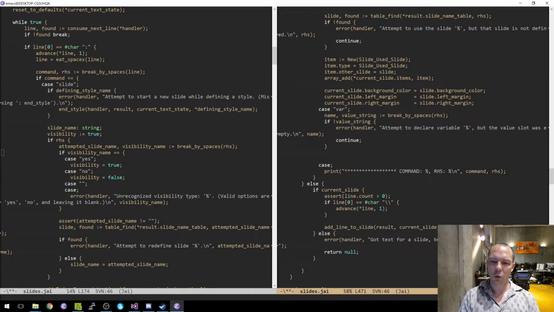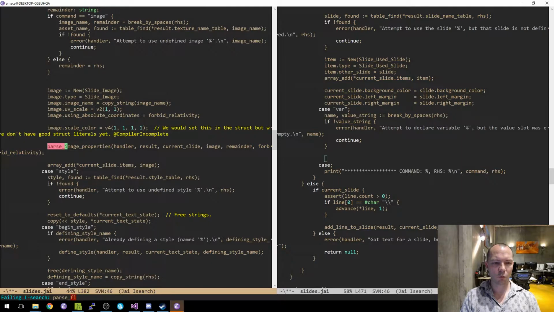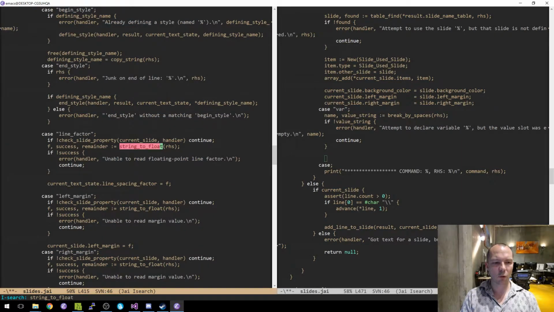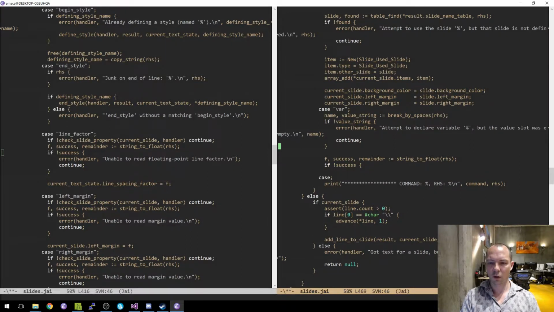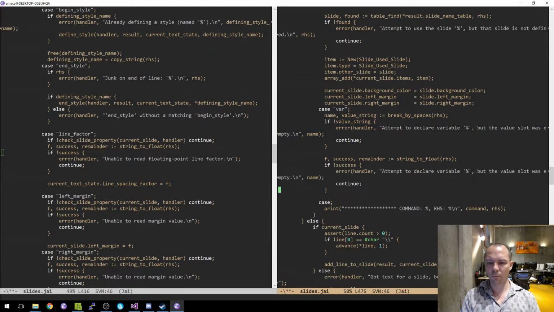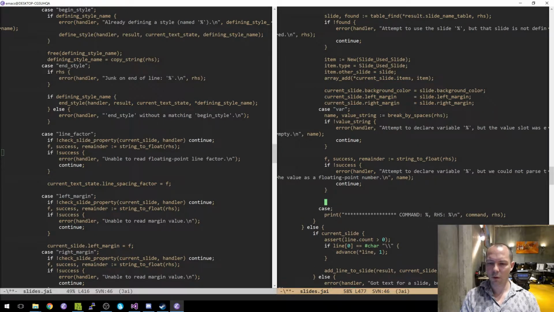Okay, well, parse float, no, string to float, is that what we called it? Yes. If not success, attempt, but we could not parse the value as a floating point number. Okay. Otherwise,